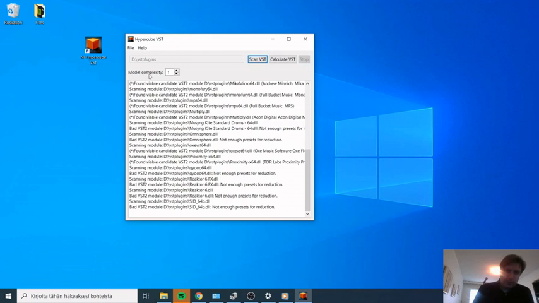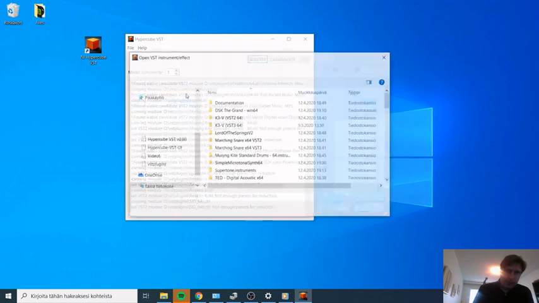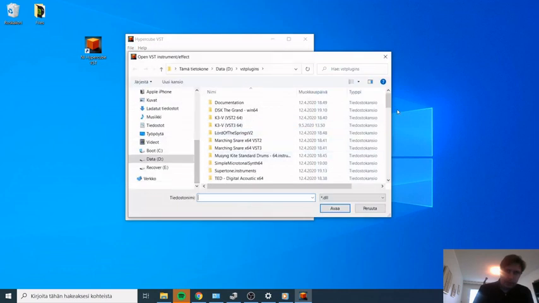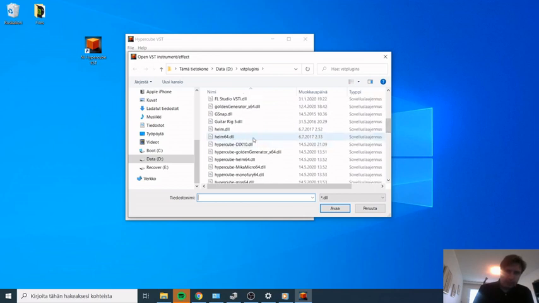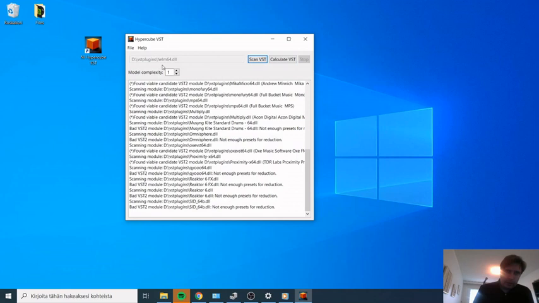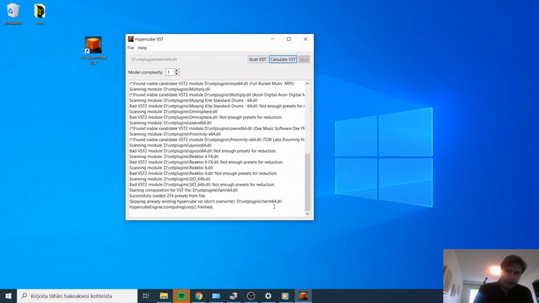Once you have scanned them to check for which VST effects the parameter reduction can be calculated, you can then select the whole folder or a single VST synthesizer, and then calculate it.